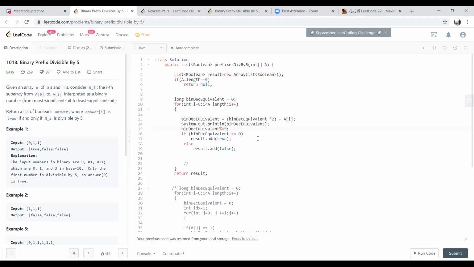Next iteration, you're looking at 7 times 2, which is 14, plus, let's assume that there was a bit, and that made it 15. Now, is this divisible by 10? The answer is no. So if 15 is not divisible by 10, then in the next iteration, whatever answer comes, the same answer will also hold good for 5.